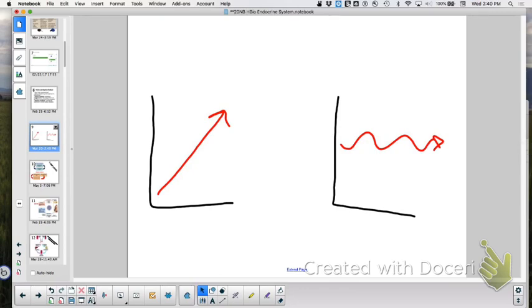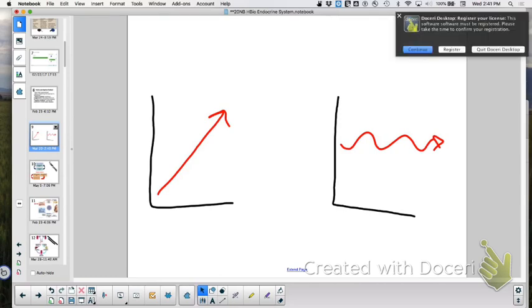Okay, what do you think the first graph is here on the left? Positive feedback. It's just going up and up and up. Negative feedback, I'm trying to stabilize it, keep that level exactly right. For instance, glucose levels. You don't want to eat a little bit of sugar and then get more sugar in your blood, and more, and more, where it starts to put you into a diabetic shock, right? You want to keep it just right. So insulin lowers the blood sugar level and glucagon raises the blood sugar level, and those are antagonistic hormones that help you maintain your sugar levels just right, and that would be an example of negative feedback.